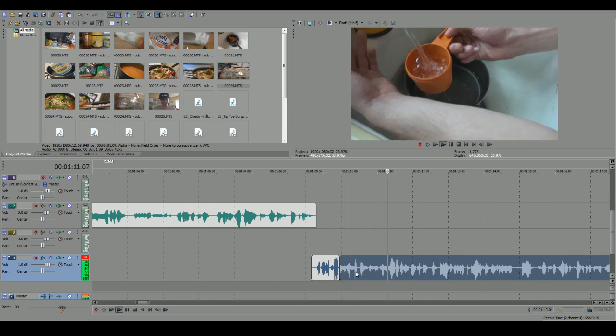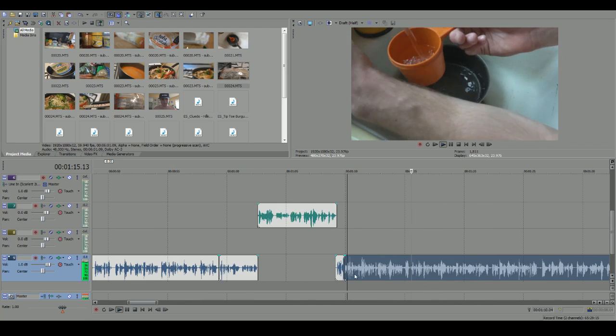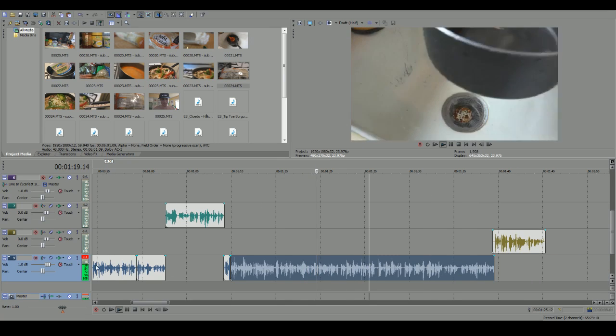So first we're going to need some water that is going to be the base. We're going to make the broth right now. So we're going to need 5 cups of water. Of course, you can do this with less or more water if you're making it for yourself, whether you want it bigger or smaller.